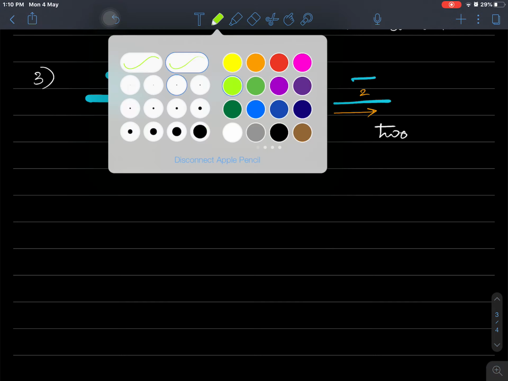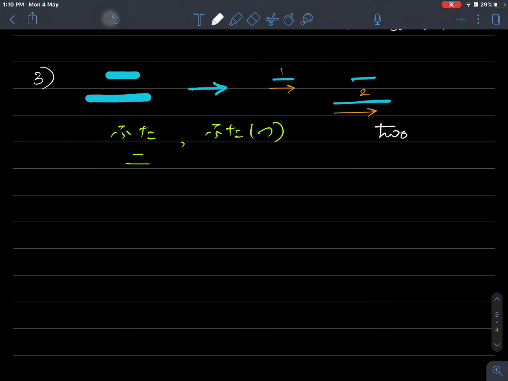So now that you know both day and 2, what do you think the way of writing 2 days will be? If you have guessed that this is what the kanji looks like, good job, well done. This is how you write 2 days. And now that you have had some training with 1 day, I hope you will be able to read this without too much assistance. It is read as Ninichi.